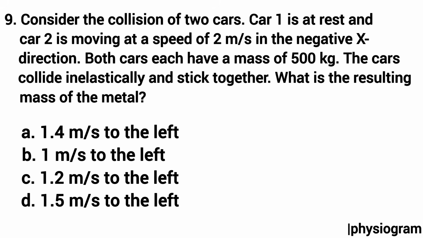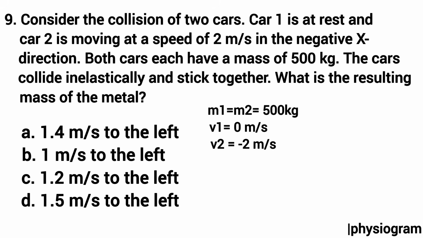Option A, 1.4 meters per second to the left; B, 1 meter per second to the left; C, 1.2 meters per second to the left; and D, 1.5 meters per second to the left. So the given here: mass of car 1, m1, is 500 kg, and velocity of car 1, v1, is 0 meters per second because it is at rest. Next, mass of car 2, m2, is also 500 kg, and velocity of car 2, v2, is